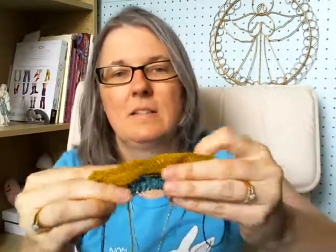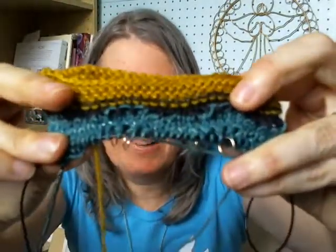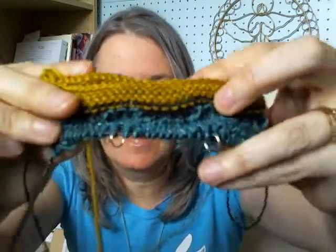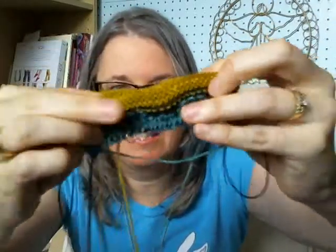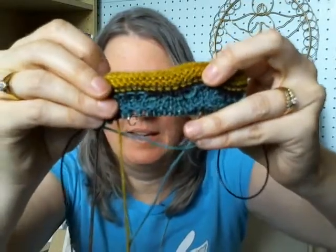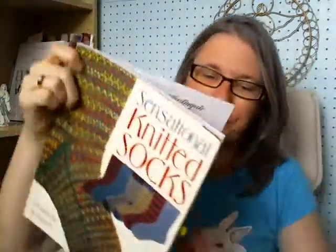and I got a couple of pattern repeats. Not very much. I was really trying to focus on getting things wound and cast on. So I spent a lot of time Saturday winding, and Sunday I spent casting on. So not very far on that, but let me show you the pattern that I'm doing. This is from Sensational Knitted Socks. I'm doing 2 patterns from this book. This particular one